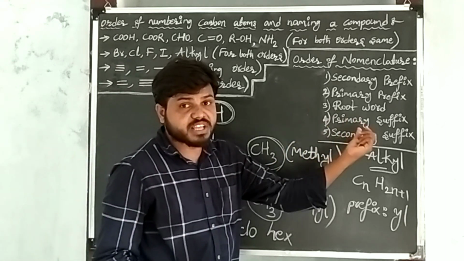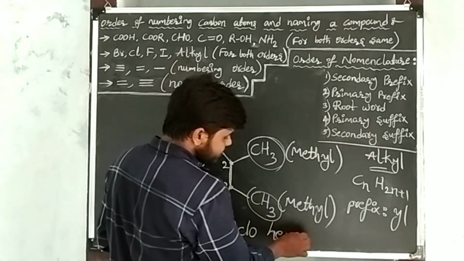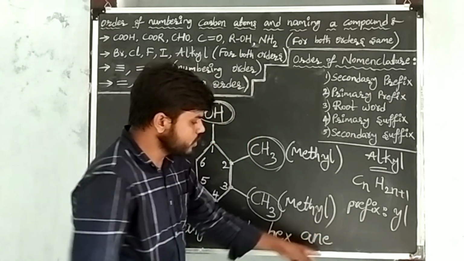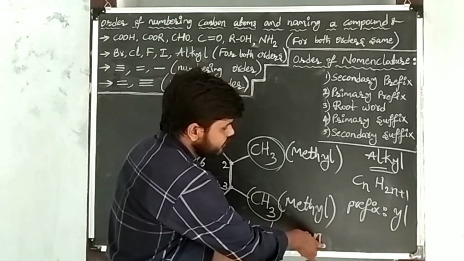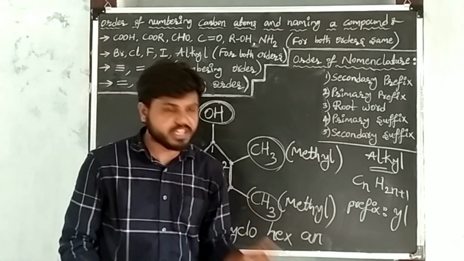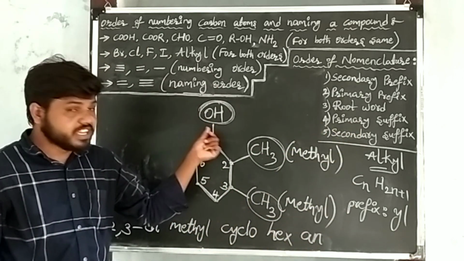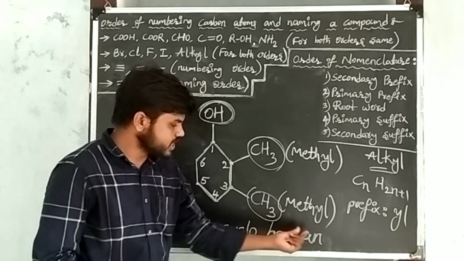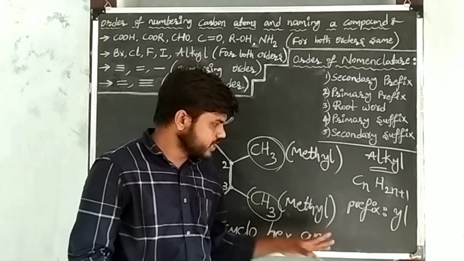First write the suffix of the single bond. The suffix of a single bond is ane. Don't take this e, because in the given carbon compound a second suffix, that is a functional group, is there. That's why don't take e. Between every two atoms, single bonds are present, so I retain the suffix of the single bond, that is an.